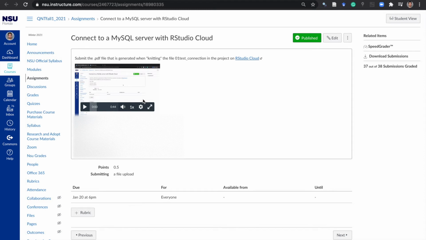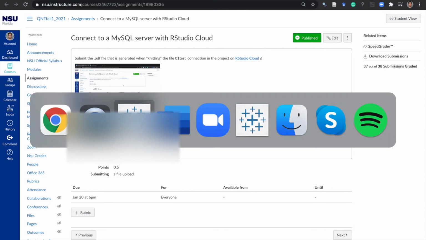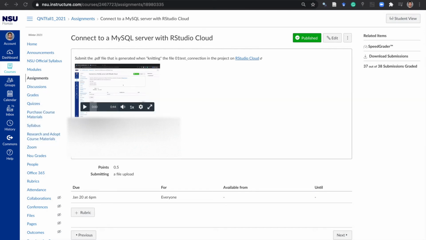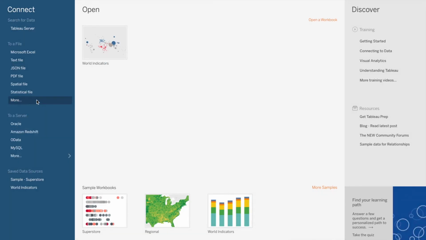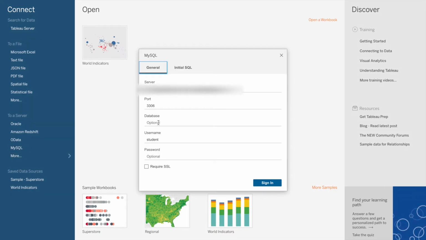The first thing you need to do is to connect to the MySQL database. You have the credential in Canvas. So you're gonna grab hostname, port, username, and password, and then you're gonna open a connection in Tableau. So we need a MySQL connection. So go to a server here, then click on MySQL or click on more if you can. If you don't find MySQL,